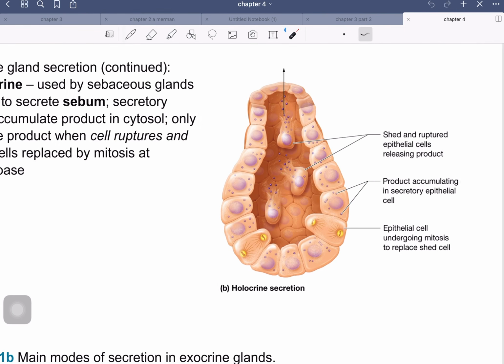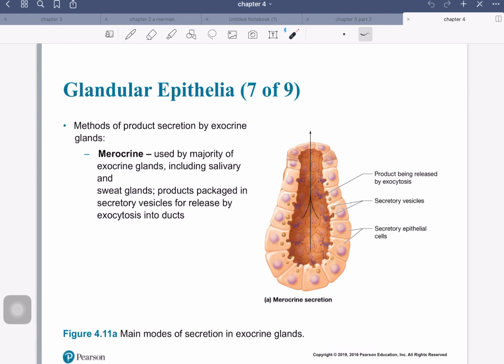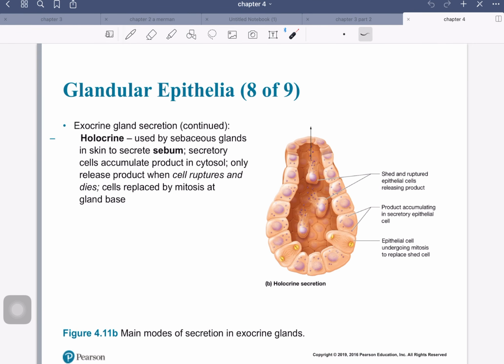So that means if I'm losing these cells on a constant basis, I'm going to have stem-type cells which will undergo mitosis to replace the ones that are shed. So just a quick review. Merocrine: you make the product, you put it in vesicles, the vesicles move to the edge, and through exocytosis they release the content. That's merocrine. Holocrine: the whole cell fills with material, the cell sheds, and then the cell ruptures,